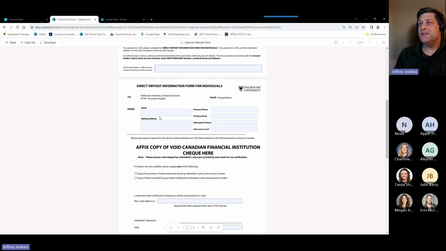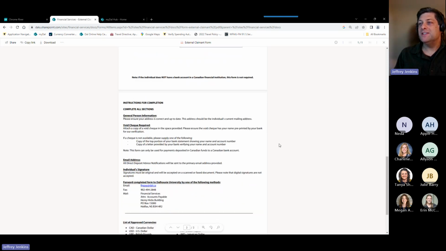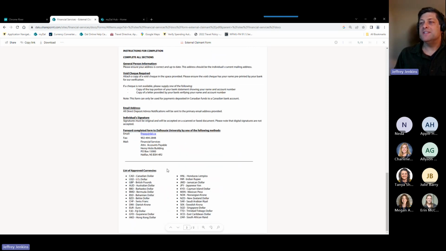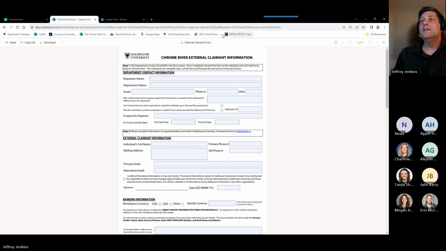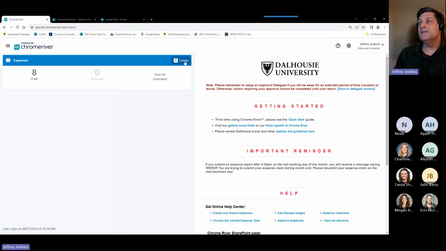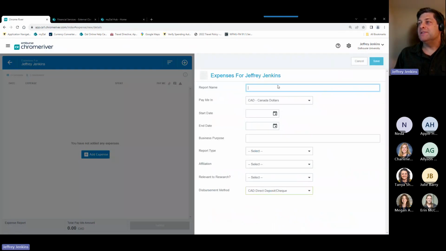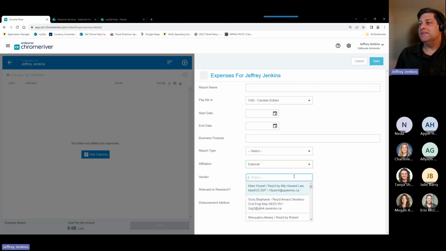This is, of course, their information, the direct deposit information, and some more information here, and then the approved currencies that Dalhousie is able to pay people in. So it kind of runs the same way. You would create an expense claim, just like you would before, but under affiliation, instead of choosing staff or faculty, you would come here to external, and then you would have this option here for vendor, and say, we've got one right there,